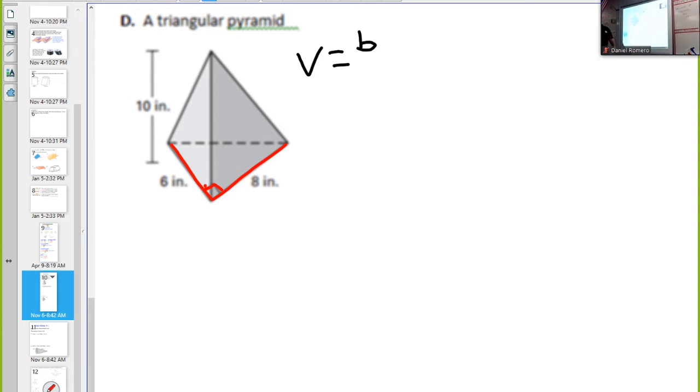By definition, on any triangle, if you went back to first semester geometry, the base could be any side, as long as the height touches that side at 90 degrees. So if you know two dimensions on a triangle that are meeting at 90 degrees, that's what you want to use, because you can use them as base and height. So back here, the volume is base and height of the triangle times the height of the pyramid divided by